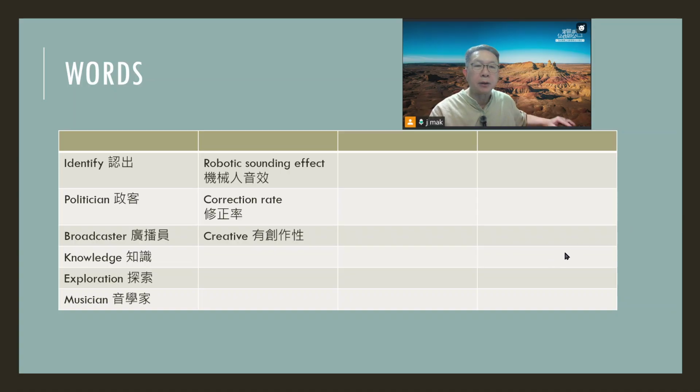好啦，我哋聽完咗呢個跟讀練習，我哋下次再見。未完結之前，我想大家講下呢幾個比較長嘅生詞。Identify 認出，politician 政客，broadcaster 廣播員，呢個字比較長，knowledge 知識，know 加咗 ledge 就係 knowledge。exploration 探索，musician，alright。robotic 機械人，sounding effect 機械人嘅音效，correction rate 修正率，creative 呢個就分開兩個音嚟讀，creative 就梗係好有創作性。好啦，我哋下次見。